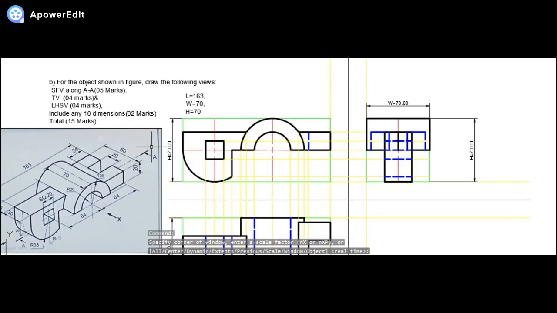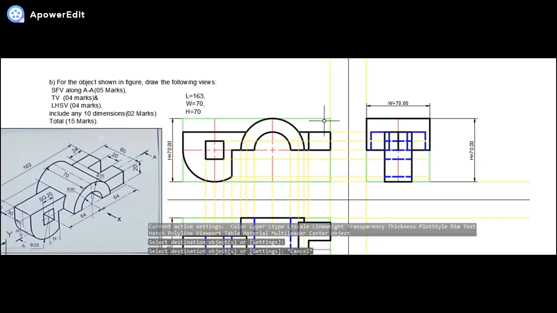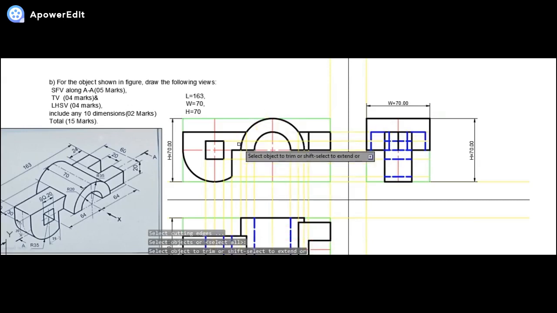As you can see, my dear friends, if we take a cutting section plane and cut the object along the line AA, what happens now? First of all, let us convert the hidden lines into dark lines, the first and foremost thing. To be very specific, only one hidden edge is there in the front view, which will be turned to dark. Now the second step is to trim out or remove the edges which won't be seen. To be very specific, my dear friends, these edges are going to get removed.